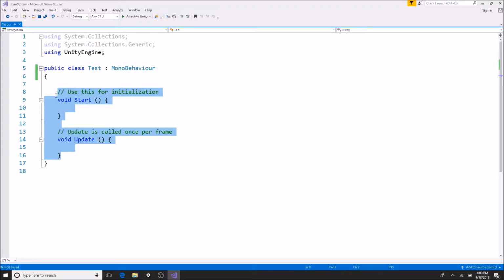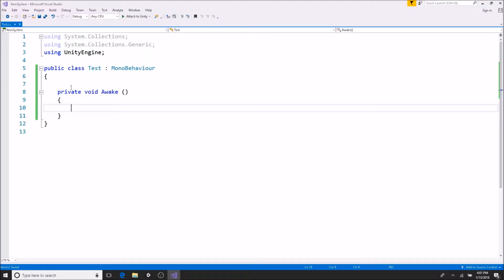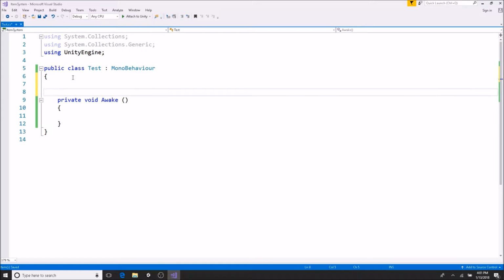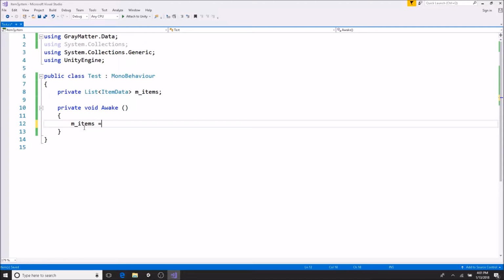We're going to go ahead and create a few things. So first off, I want to go ahead and do private void Awake, and we are going to have a list of item data. Call it mItems. We're going to say mItems equals new. We're going to add a few things to it. We're going to go ahead and say mItems